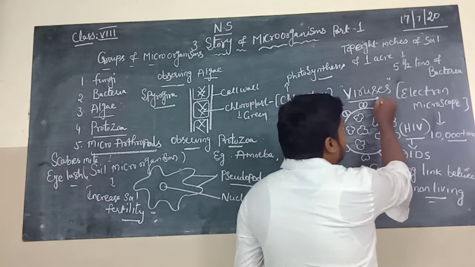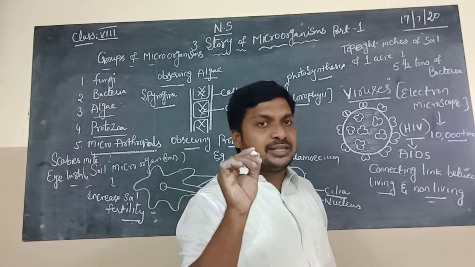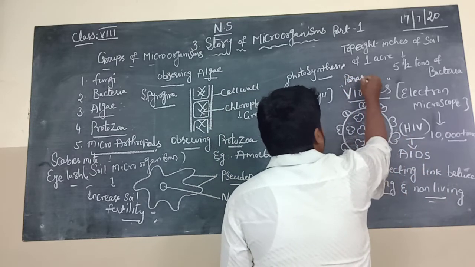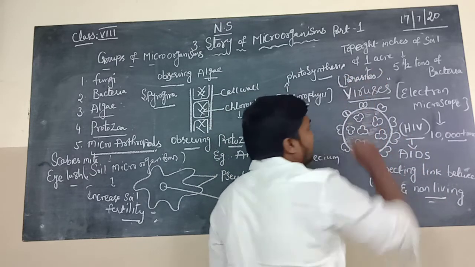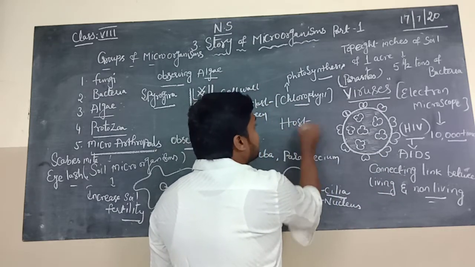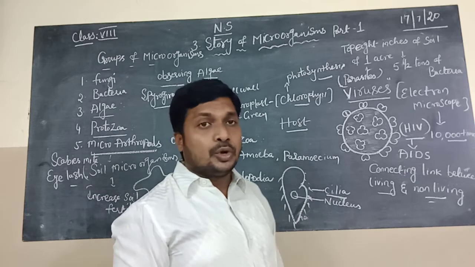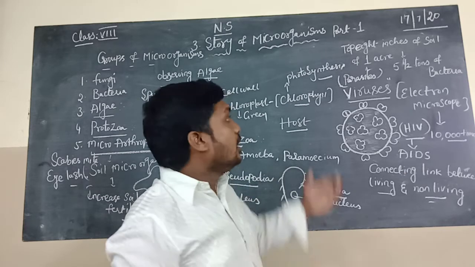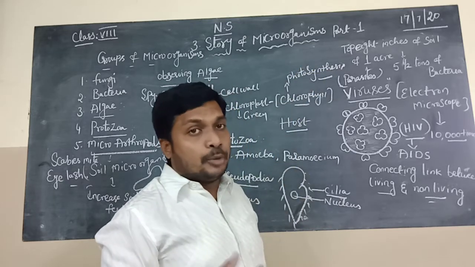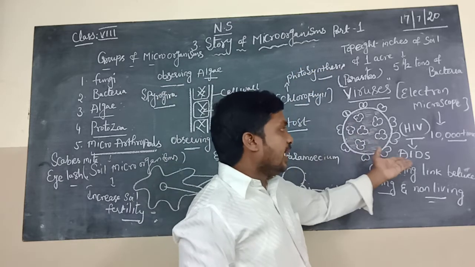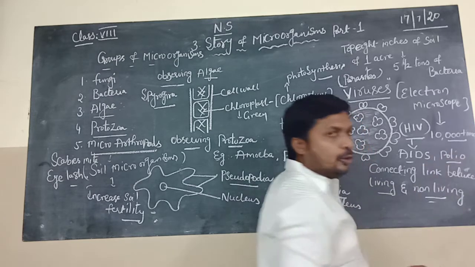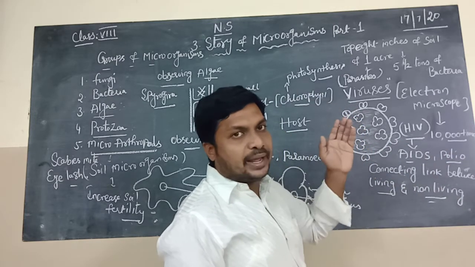Do you know viruses are organisms which cause diseases to other organisms? So viruses are known as parasites. Parasite means a disease causing microorganism. Host means the organism which gives shelter to the parasite. Human beings are hosts and viruses are parasites. They cause several diseases to human beings. For example, the first one is AIDS and the second one is polio. We all know about polio. It is a disease which is caused by a virus.